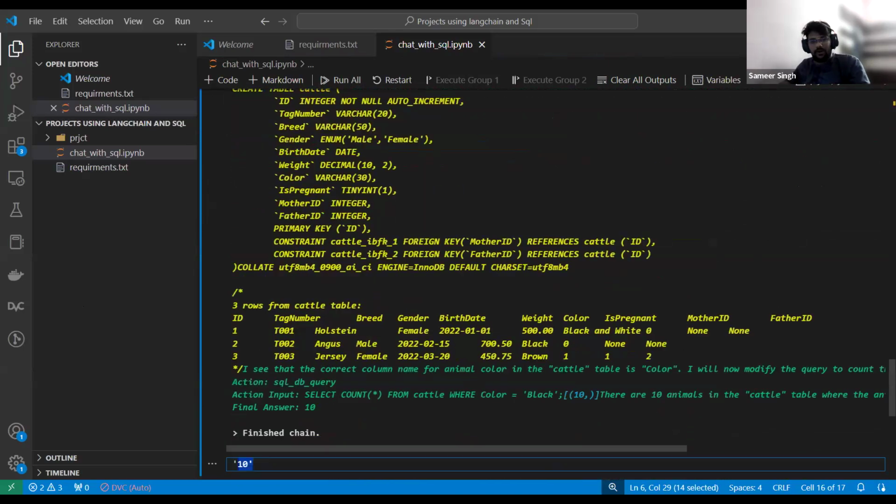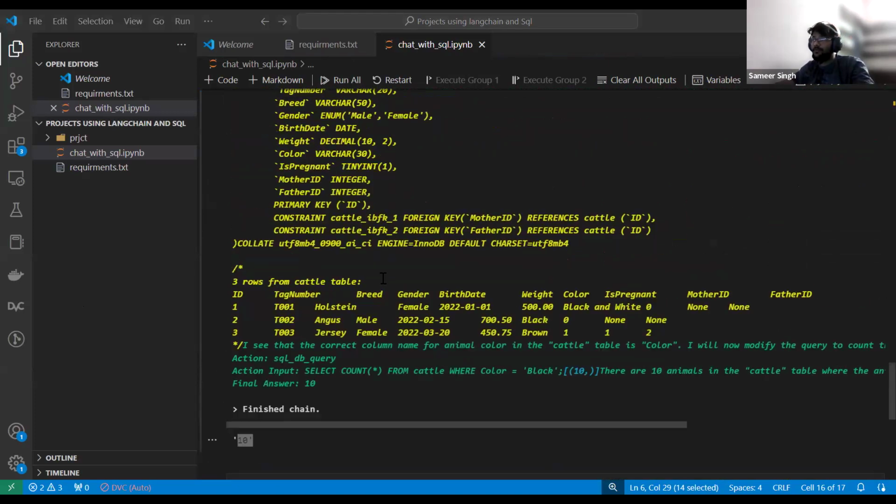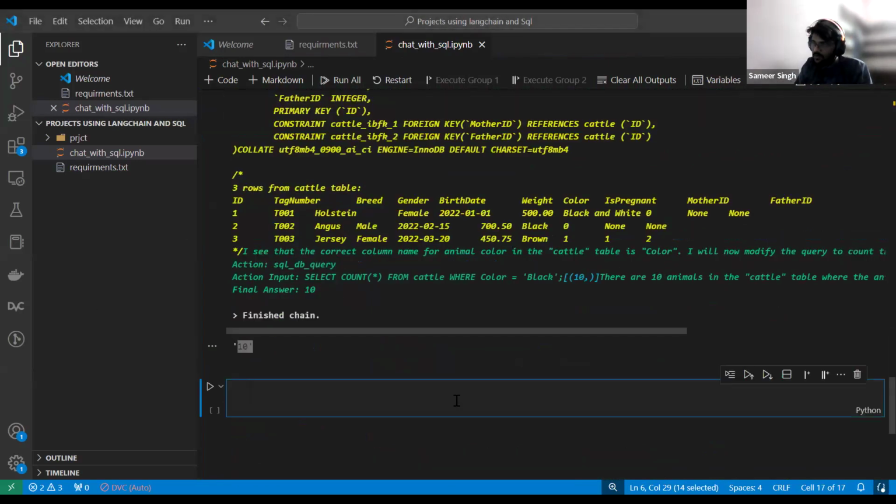So this is how it works, guys. Any doubt till now? Let's ask some kind of visualization question. I know GPT 3.5 is not very good with respect to visualization, but let's see.